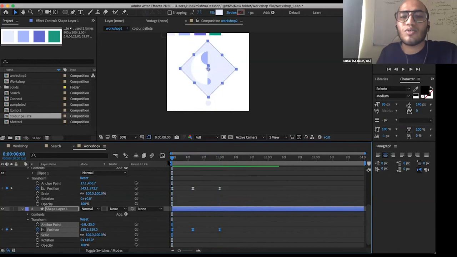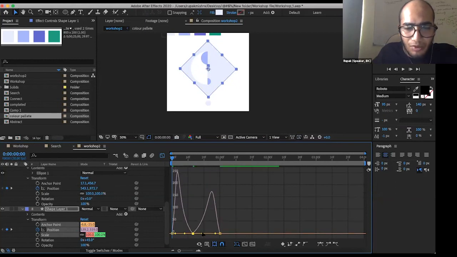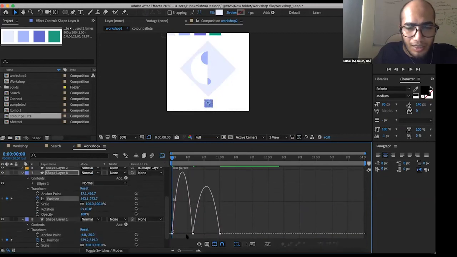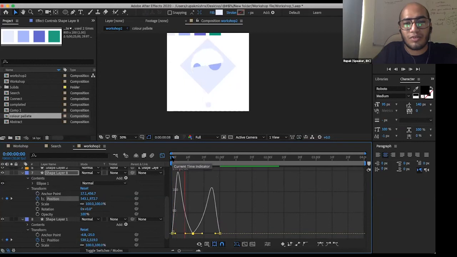Okay. So once we ease it, we can do the same W thing in the graph editor. You can go to the graph editor and select the middle portion, and we'll drag down to make that W or M, whatever it is. And we'll do the same with our circle also. Go ahead and we'll select the middle portion and make it a proper M. Okay, so now it will be much smoother and happier.